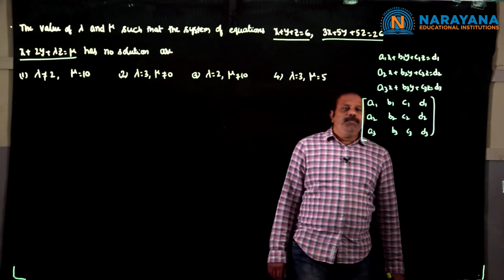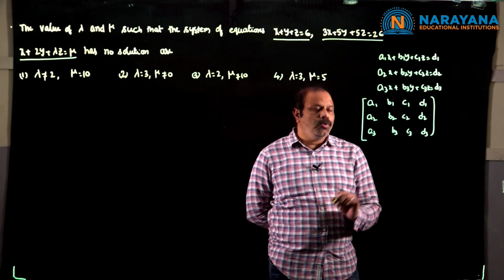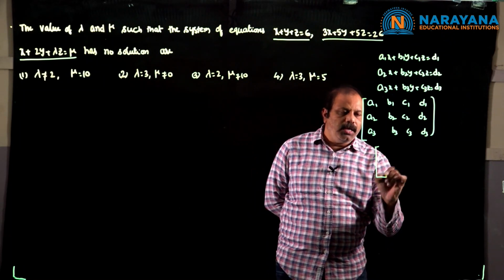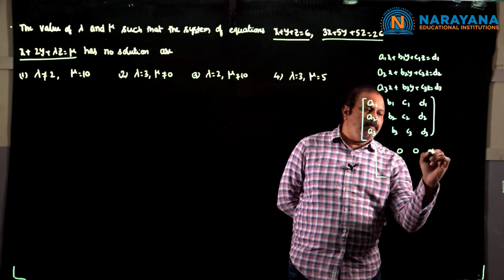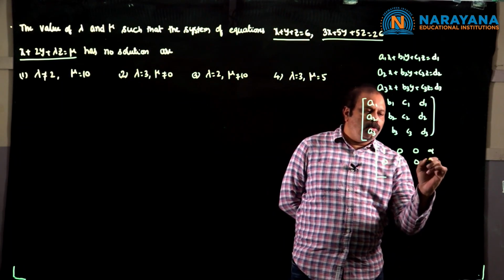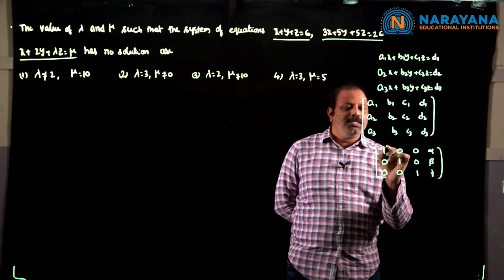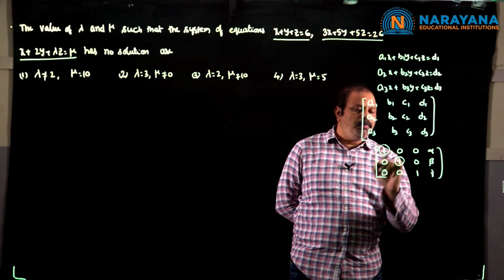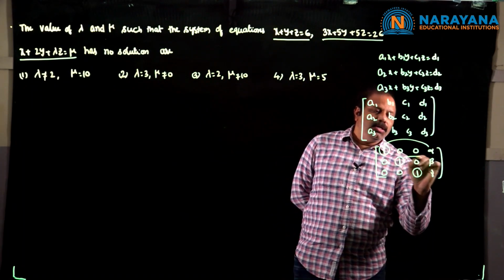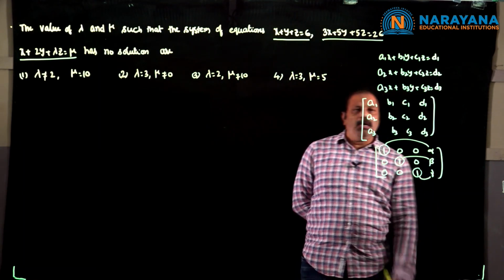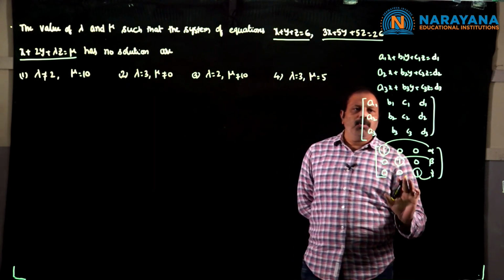Now, by using only row operations, if you are able to write this equation as 1 0 0 alpha, 0 1 0 beta, 0 0 1 gamma, where the columns refer to the x place, the y place, and the z place, then directly you can say x is equal to alpha, y is equal to beta, z is equal to gamma. In this case, we can say the system of equations is consistent and moreover it will have a unique solution.